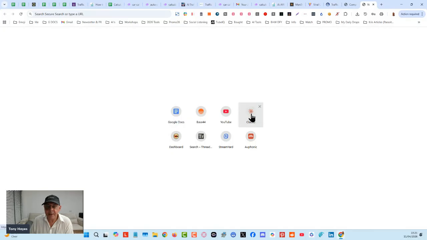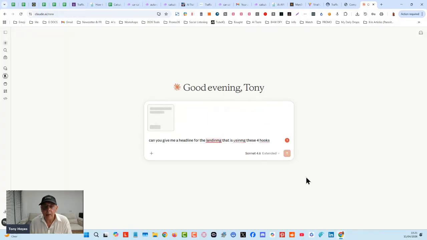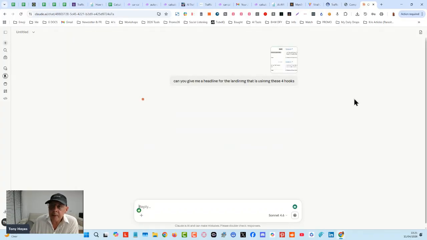Let's do Claude then, since ChatGPT is not showing up. Can you give me a headline for the landing page that is using these 4 hooks? Okay, I'll just paste it in with Control and V. And I'm going to get AI to give me a headline.